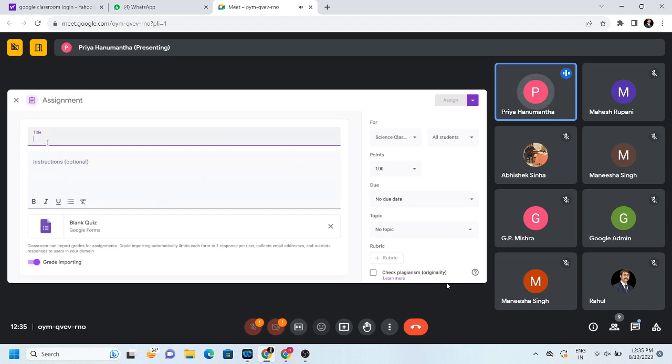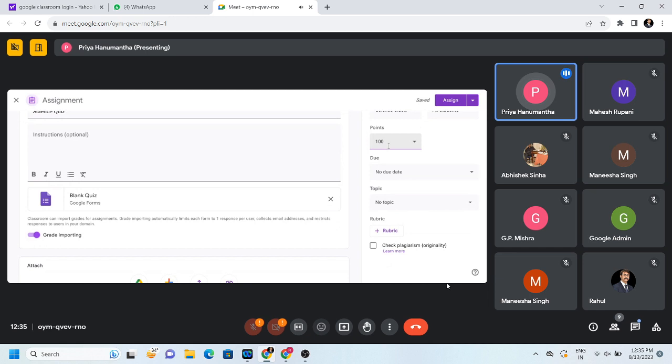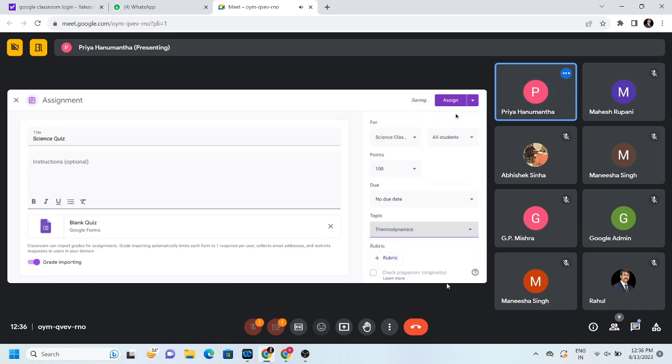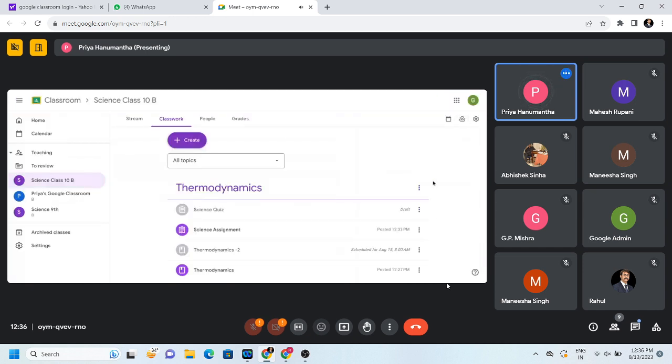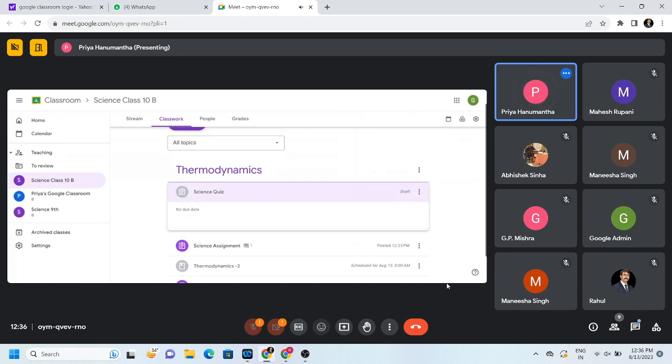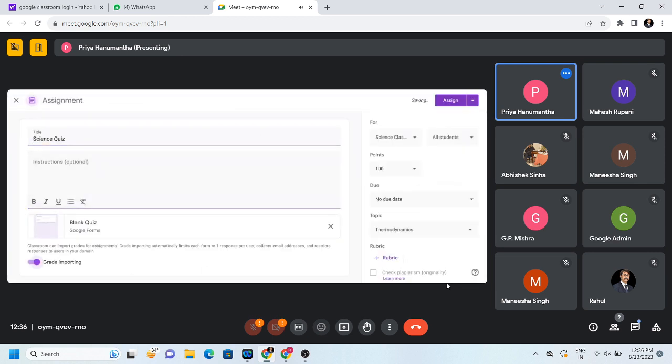So again, you can go here and type the topic, like I can say science quiz, and it's a 100-point section, and it would be graded. Where it needs to be visible, it will be thermodynamics. So the process will be the same. Okay. So once you click over here, this blank quiz,